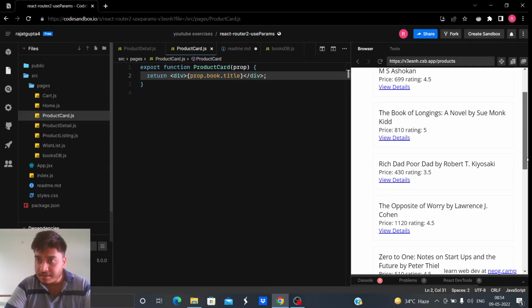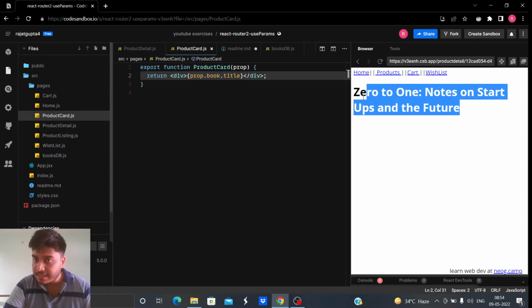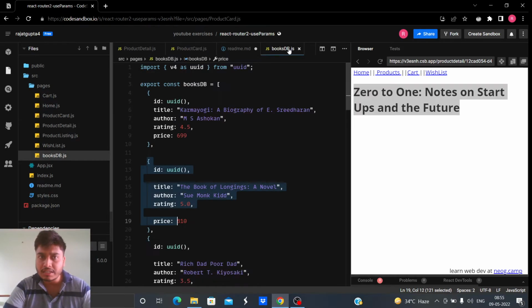See, now you could do this. Instead of only rendering the name here, you could render a whole lot of information that Amazon renders, because there is a fixed pattern, and they are getting all of that information from the database itself. What information? Like book author, book details, book summary, and all of these details you could have in this book database only.